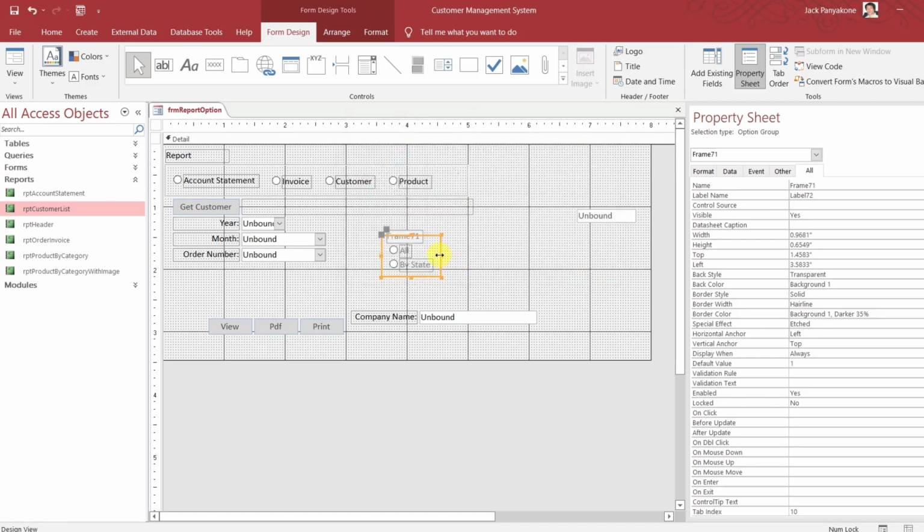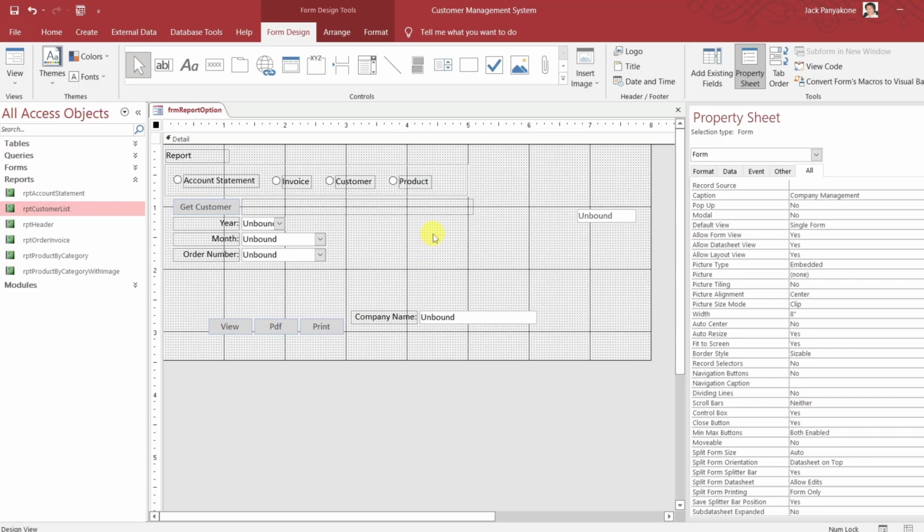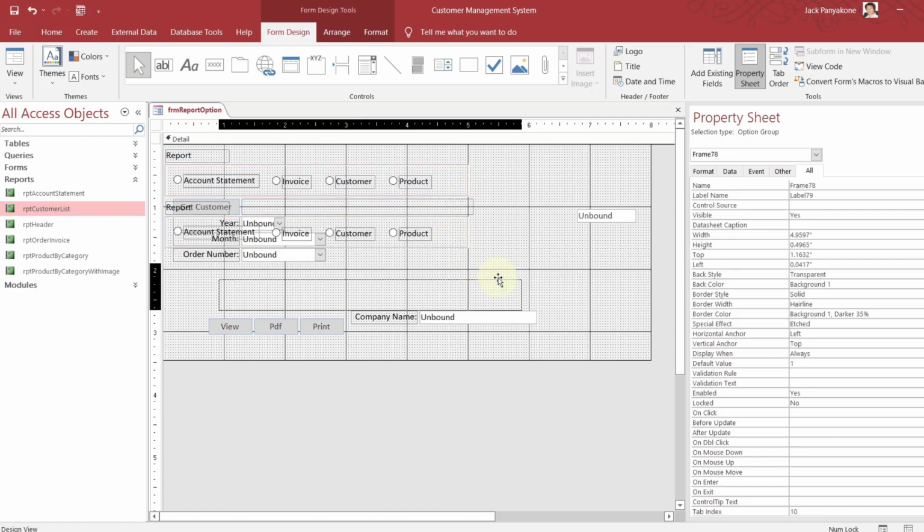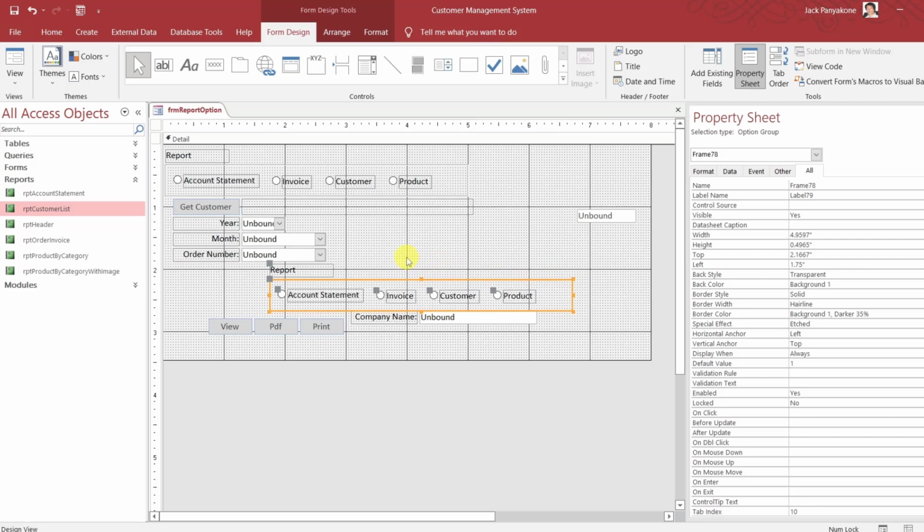All right. Likewise, as a matter of fact, we already got this guy here. That way we don't have to change all the font. Let's select this guy, copy, paste, and then move it down. And then we just modify this. All right. So now we can change this guy to